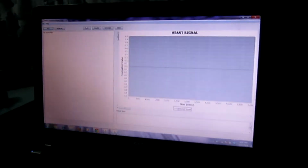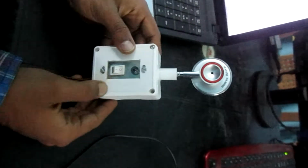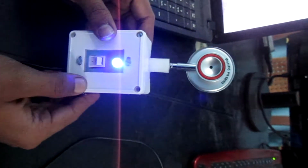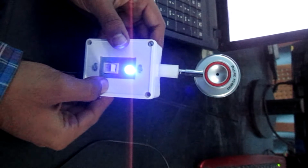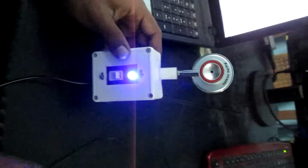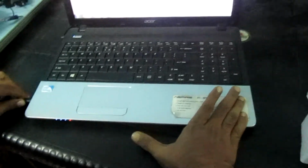Now let's demonstrate how it works. It's a very simple device. There's an on-off switch, and when it's switched on a blue LED comes on, which means that the device is ready and the battery is all right. And this is the part which goes into the laptop or a desktop here,